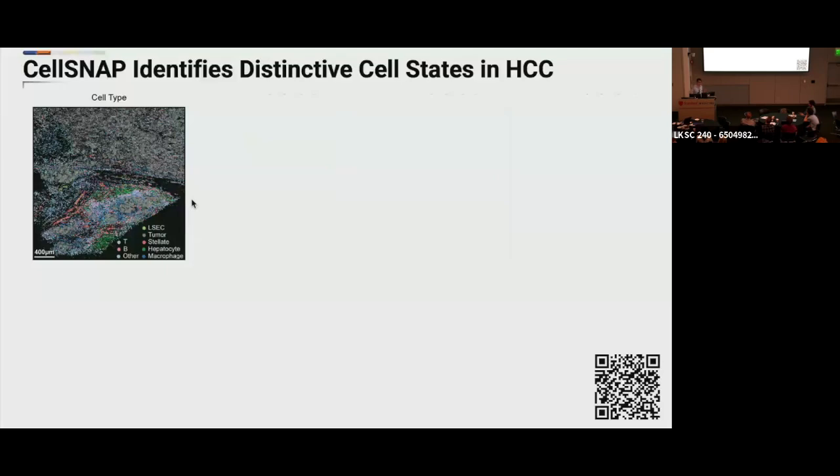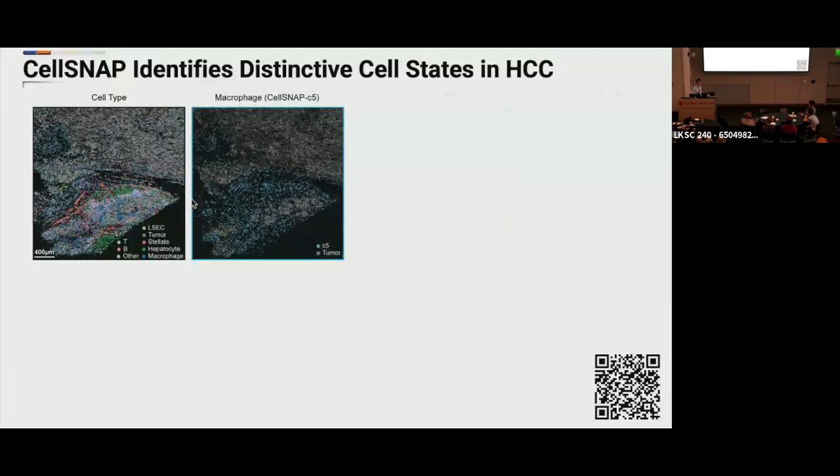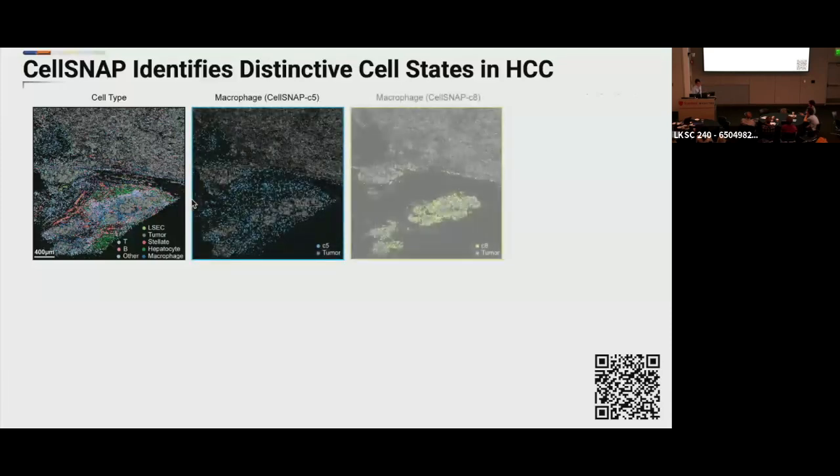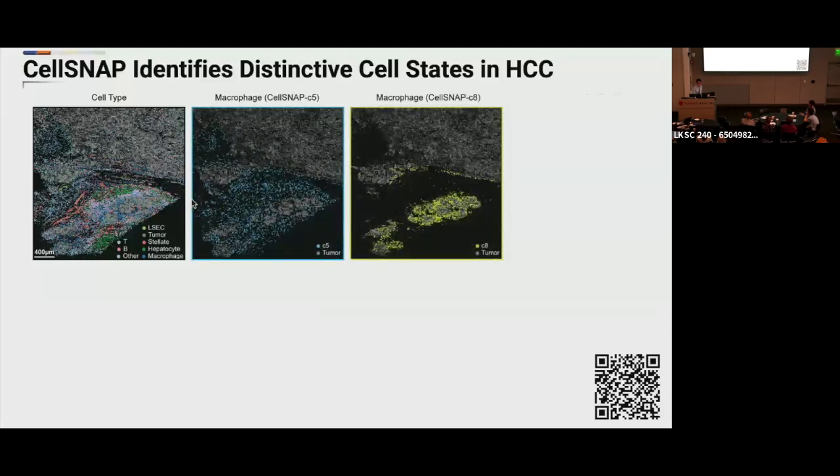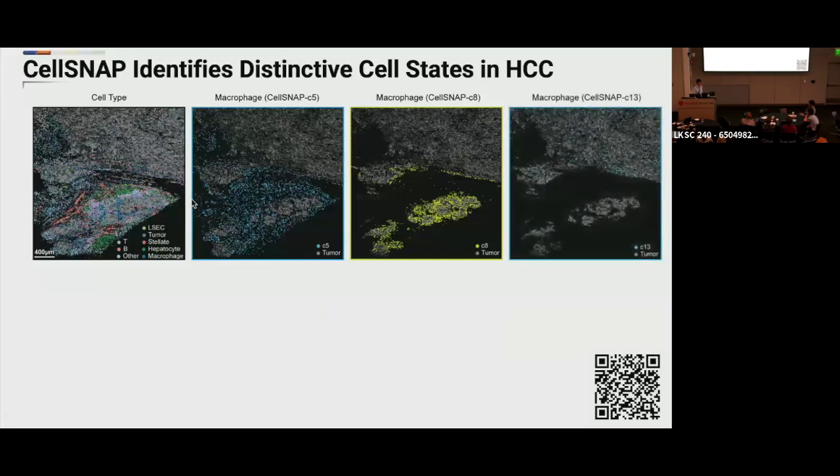And you can now use all three features to identify things that you couldn't before. So for example, in this case, this is, I think, 1,000-plex CosMx on liver cancer. And we're able to pull out very specific subsets of tumor-associated macrophages that you couldn't before with just features alone. And so, for example, here you can see this in yellow, a bunch of macrophages just completely surrounding the tumor over